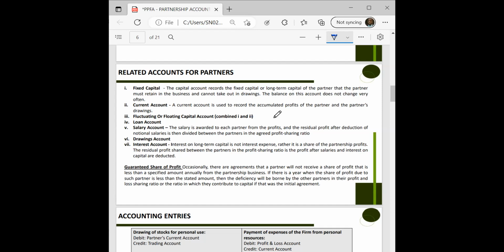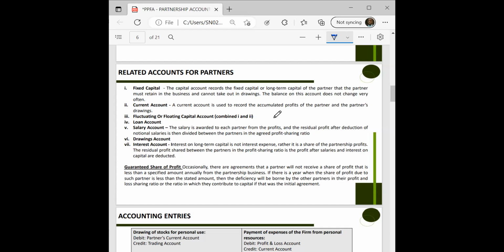You collect loan, that's the account, or you give out loans to the business, that's the account for the partners. Now we have what we call the salary account. Salary account is awarded to each partner from the profits, and the residual profit after deduction of notional salaries is then divided between the partners in the agreed profit ratio. So the salary account is for the partner that is working for the firm,